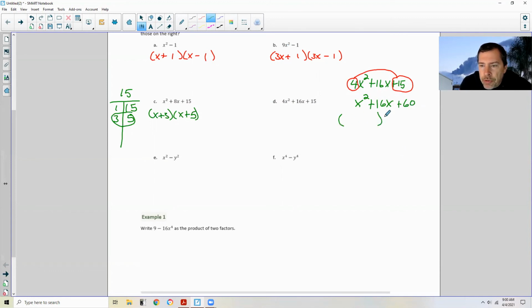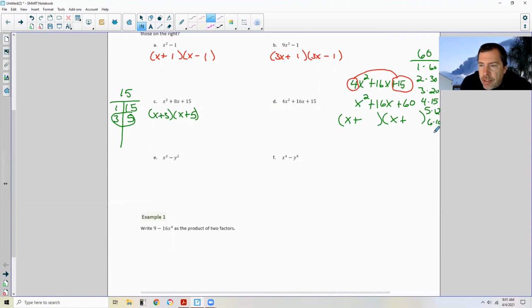And this will split up into x, and it's all positive. And then I look for factors of 60. So that's 1 times 60, 2 times 30, 3 times 20, 4 times 15, and 5 times 12, 6 times